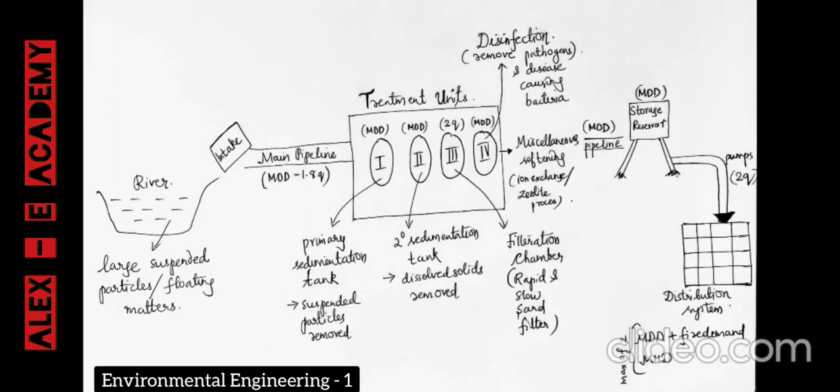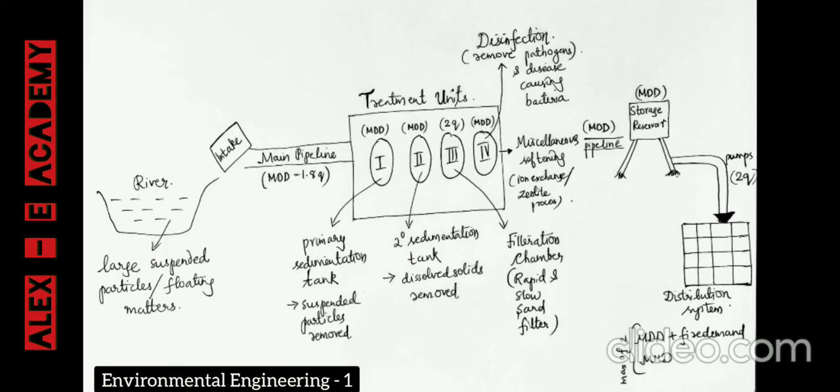It will be elevated, and then from there using pumps we give it to the distribution system where it will be supplied to the household or for the public. So this is the full network where water is taken from the river and finally supplied to the distribution system. Now we should know that all these things are designed for particular values, and here comes the relevance of our previous topic, the terms MDD, MHD and average daily demand.